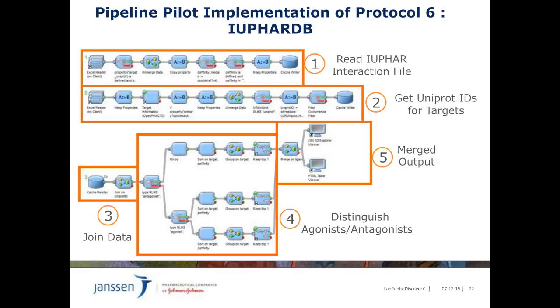Step 2 gets for each annotated target the UniProt ID of the target using the target information call. Step 3 does then the joining based on the UniProt ID. The following steps are generating the output format. The result is a list of compounds with linked targets which can be tested in the phenotypic screen.